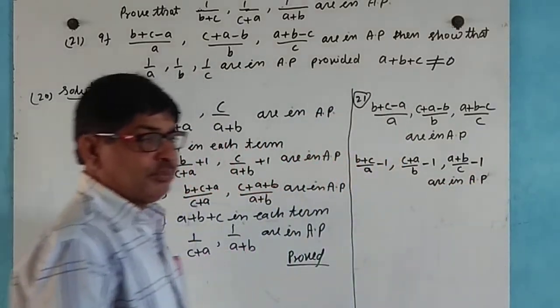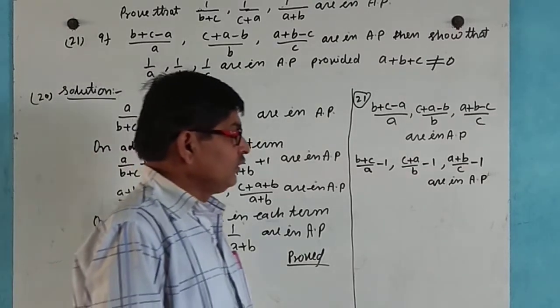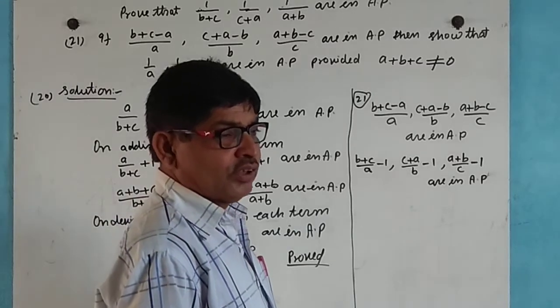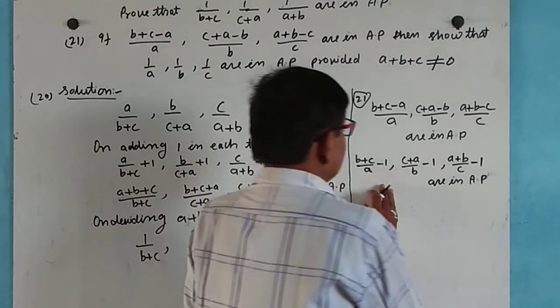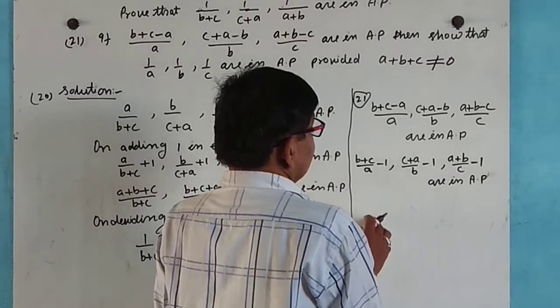As you know, if any constant term is subtracted from or added to each term of an AP, the series is also in AP. So now on adding 1 in each term,